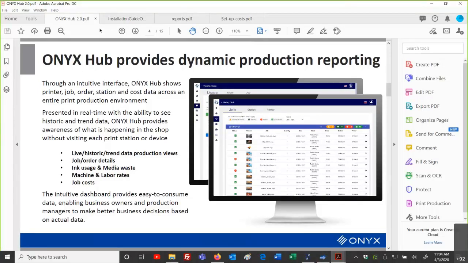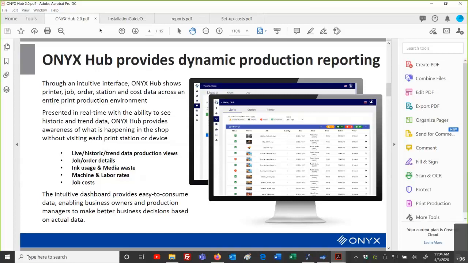And this is a big deal because maybe in the very beginning, a shop incorporates using Hub, and they quickly start to learn, gee, we're having a lot of reprints. Why are we having all these reprints? And now from there, we can learn some best practices. Maybe we're not cleaning the foam board down or the media down if it's a flatbed printer, for example, and we're getting a fingerprint or something to that effect. Or if there's something else about a certain media or printer combination or maintenance.